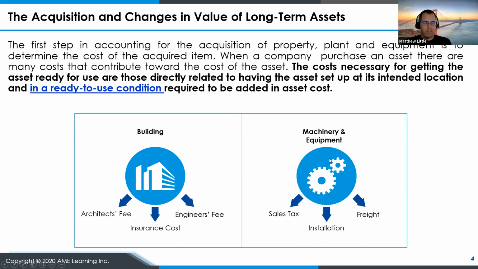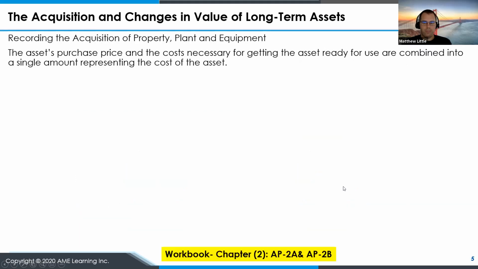If it's machinery, say, for an example, you might have unrecoverable sales tax. So just a reminder, sometimes sales tax is recoverable. So any sales tax you won't get back. You might have installation costs by an outside organization, and freight costs by also a different carrier. And then you'll have the machinery purchase price. So the idea is all of these components would be part of your long-term asset for your machinery.